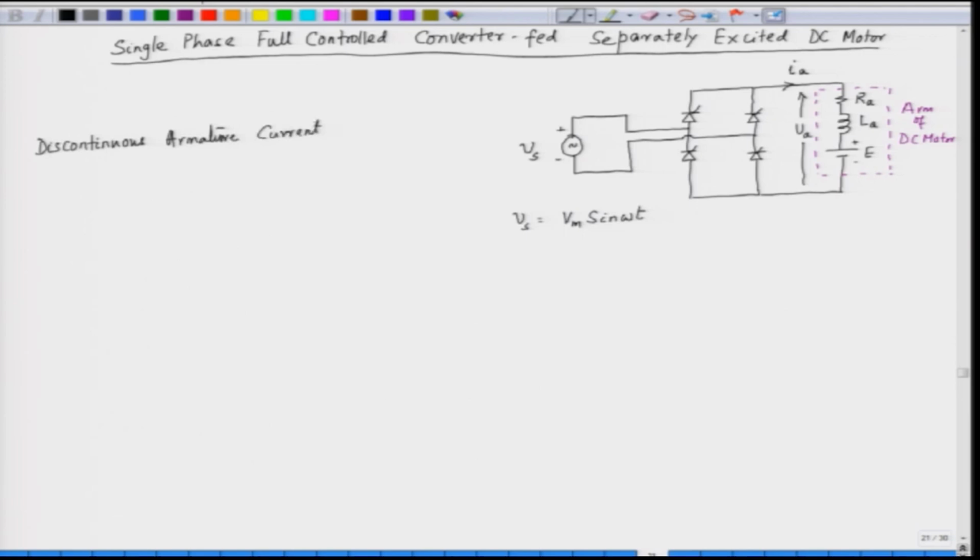When the armature current is discontinuous, what happens? IA comes down to 0. So, in this case, suppose we want to plot the output voltage. We have the input which is the sine wave,